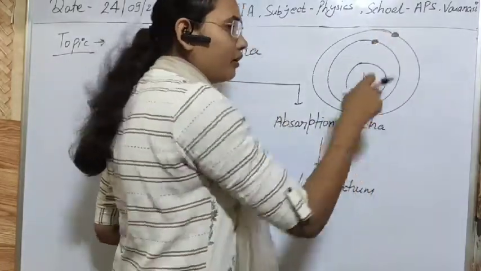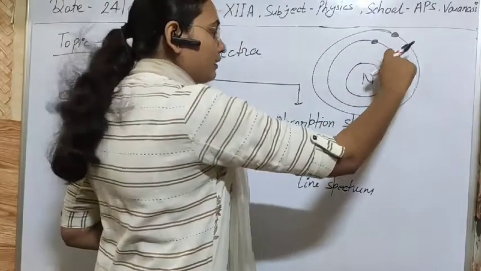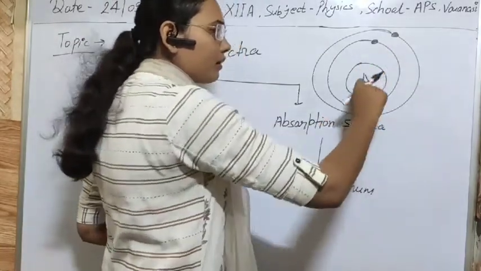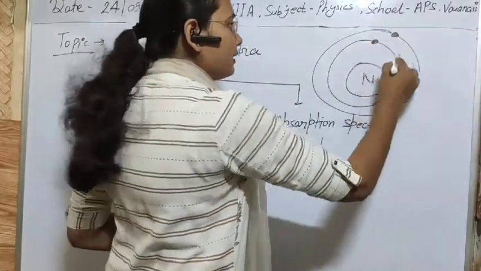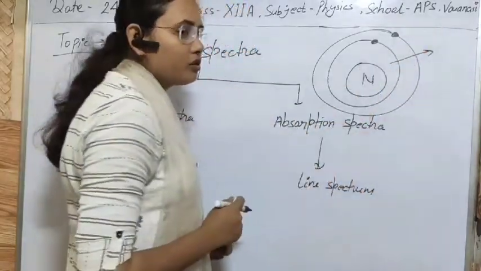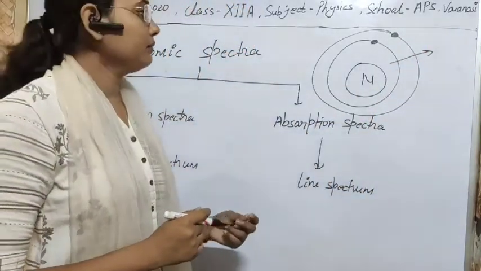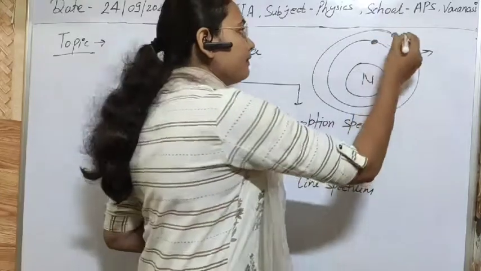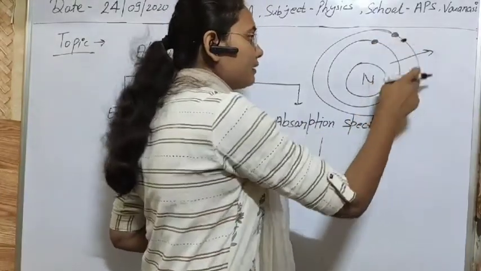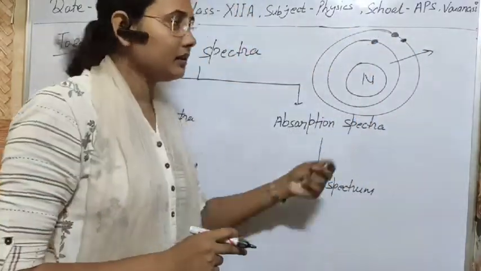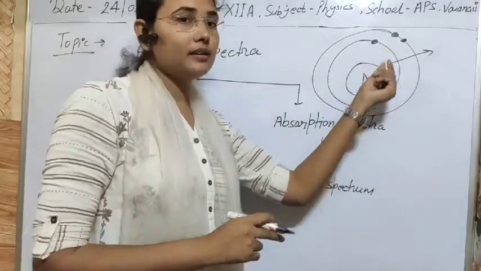One more thing I have already told you: the energy of these orbits increases as we go outside the nucleus. Simple. So if this is an orbit of higher energy and this is an orbit of lower energy, then